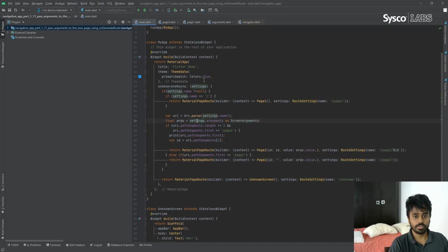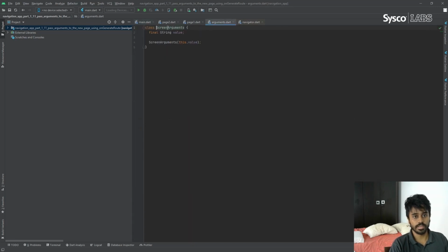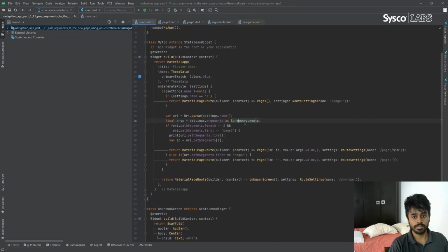In the settings, you pass these arguments, access them as arguments here, and pass it to our type which we have created, ScreenArguments. You can have any number of fields here, and then we cast this argument to our type, and from that we access this object and this variable to pass it to our page 2.